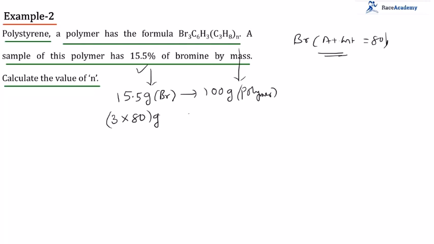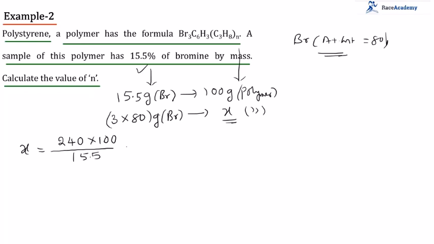So this is present in how many grams of polymer? If you know this X, that will be the molecular mass of this polymer. So X is equal to 3 into 80 is 240, into 100, divided by